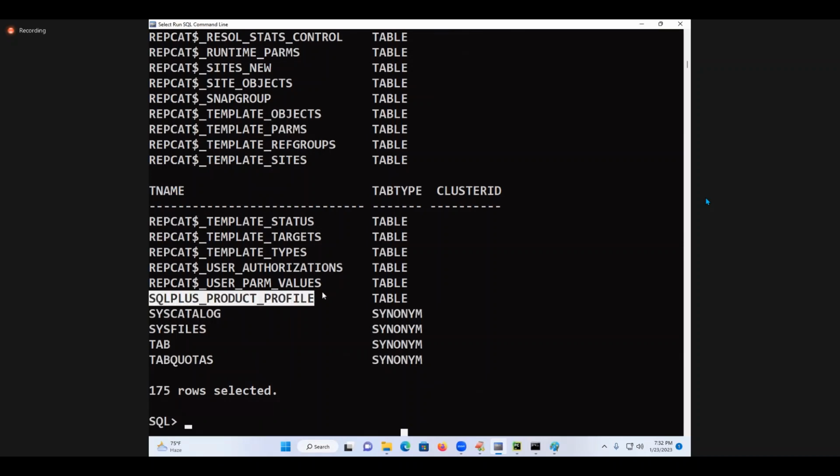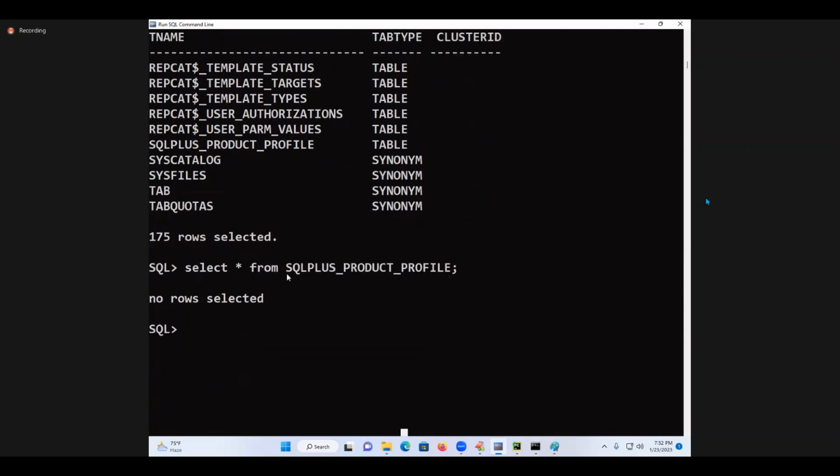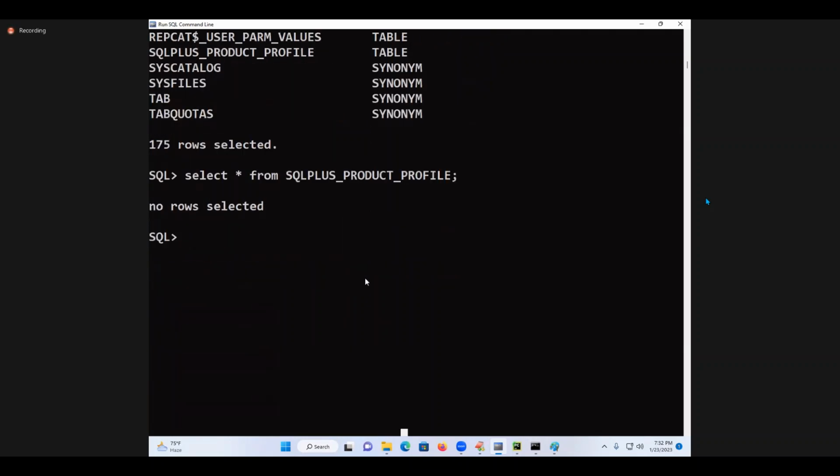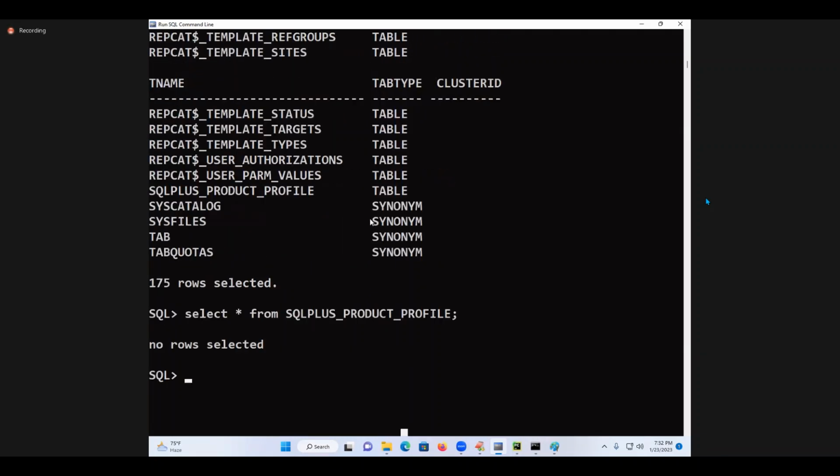So I will just write this one. We will see what is there in that. Select star from some table name I set. So no rows are there inside, only table is there. Are you following? So you enter any table name, whether it is containing the values or not,